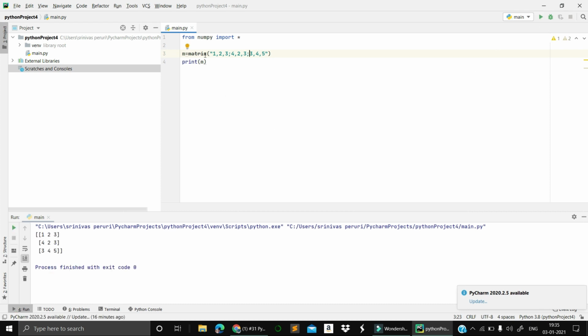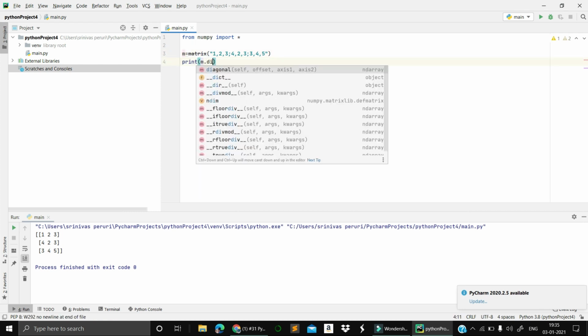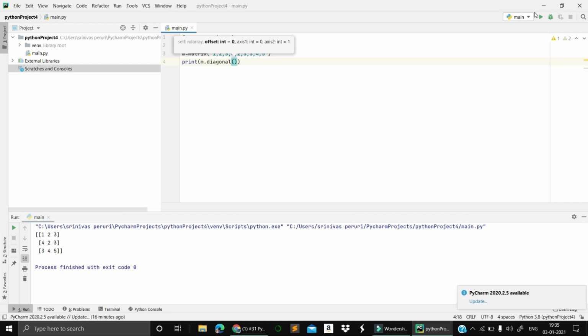So what if I want to print m dot diagonal, the diagonal elements? If I specify this one and run it, you will get 1, 2, 5 as the diagonal elements. If you want to print the minimum value, you will get that also. Minimum value is 1.